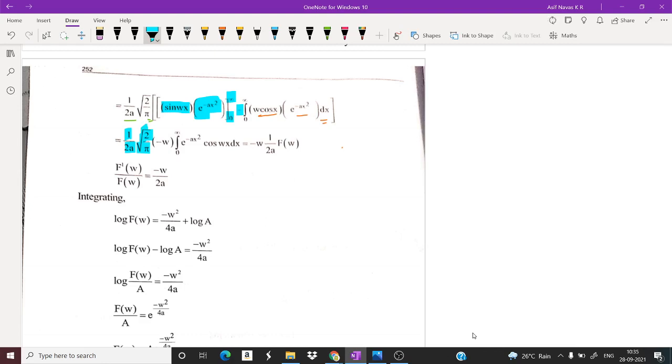If I am applying the limit infinity here, then you will get e raised to minus infinity, that is 0, and applying the limit 0, we know that sin 0 is 0, so this completely gets cancelled, and I can take minus omega outside. So I am taking minus omega outside, integral 0 to infinity e raised to minus ax square cos omega x dx, and this is equal to